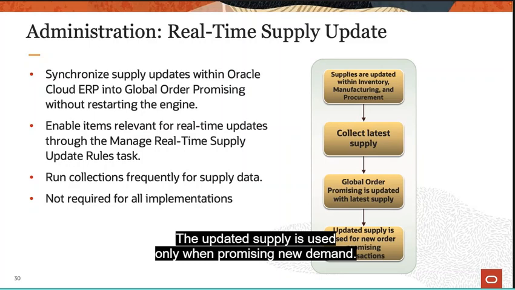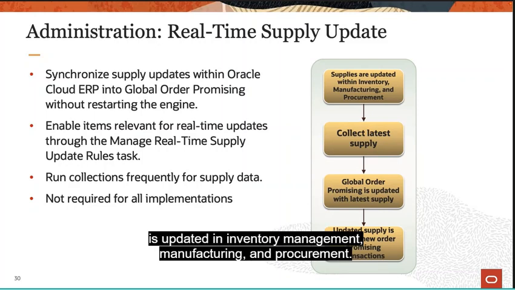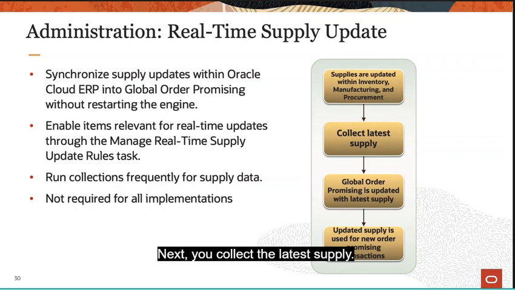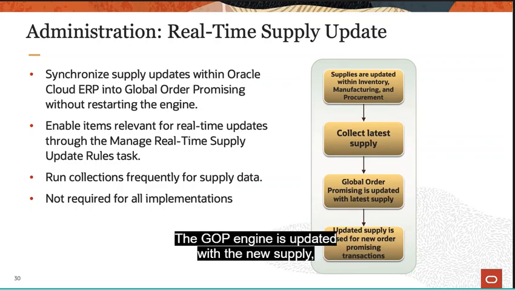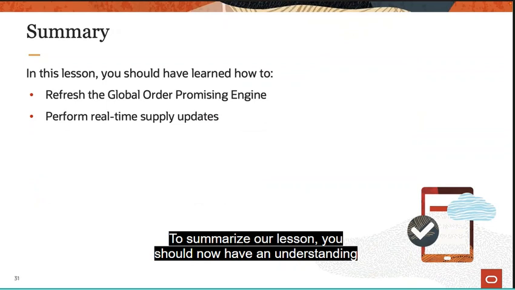The diagram shows the following flow. Supply is updated in inventory management, manufacturing, and procurement. Next, you collect the latest supply. The GOP engine is updated with the new supply, and the updated supply is used for new order promising transactions. To summarize our lesson,